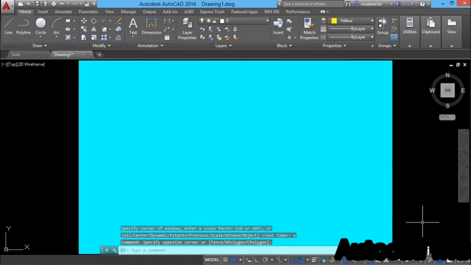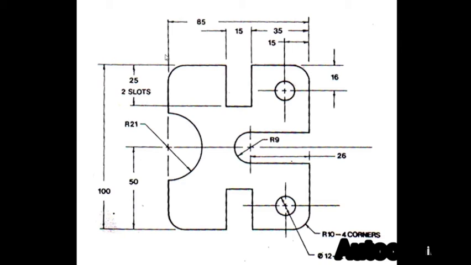Now let's see some live examples of 2-dimensional drafting so that you will get a better understanding of setting the limits. We will set a proper limit to draw this figure. When you go through the dimensions, you can see that there are no negative values in this figure. So you can keep the lower left corner at the origin, 0, 0. And how will you define the upper right corner? For that, you have to go through the figure and locate the maximum dimension. The maximum dimension is 100 units in this. So you have to define the upper right corner in such a way that its value is above the maximum dimension to be plotted. Since the maximum dimension is 100, you can give a value something like 125 or 150.